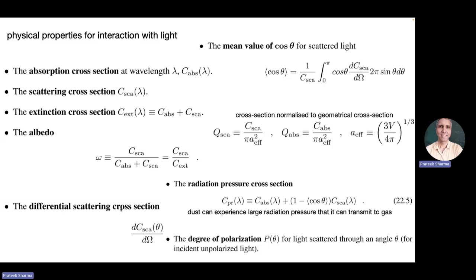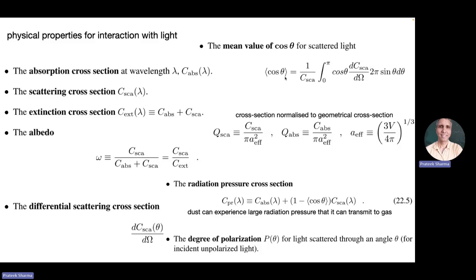Differential cross section. These kinds of ideas apply to all sorts of scattering, even quantum scattering, the LHC, how many particles go in which detector and so on. So differential cross section means what's the probability of scattering at an angle theta. This one, the mean value of cos theta, we already saw the figure for this. This is the definition of mean cos theta. So this is the differential cross section, area per unit solid angle, times cos theta, and integrate over all angles.